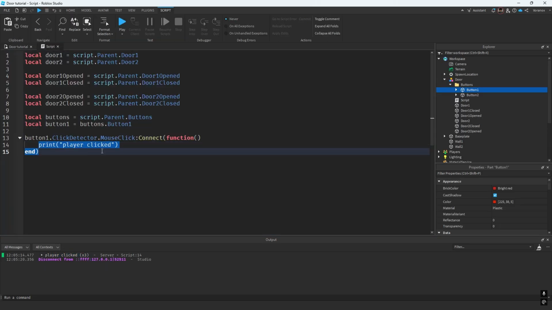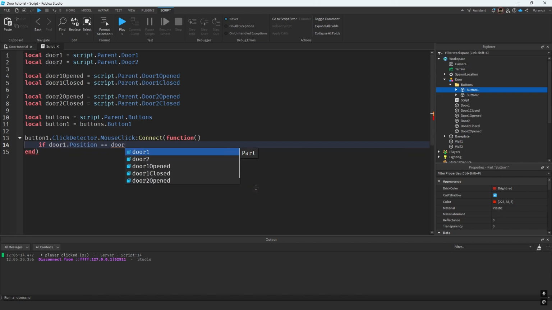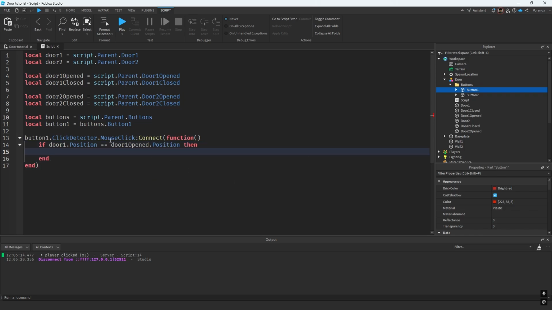Okay, but we don't want a print statement in the output. We want the door to open if it was closed and close it if it was opened. So we want to check if it is opened or closed first. So let's say if door 1 position equals the door 1 opened position, then, so if the door's position equals the opened position, so if the door is opened, then I want to